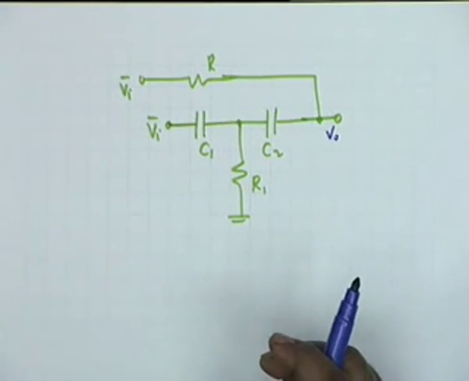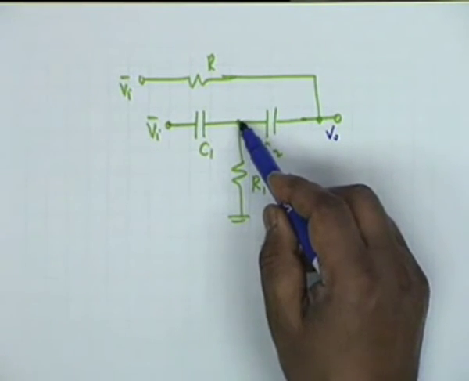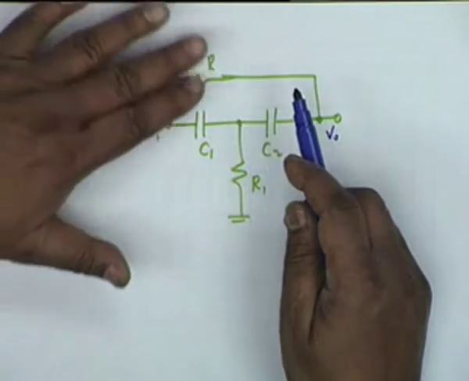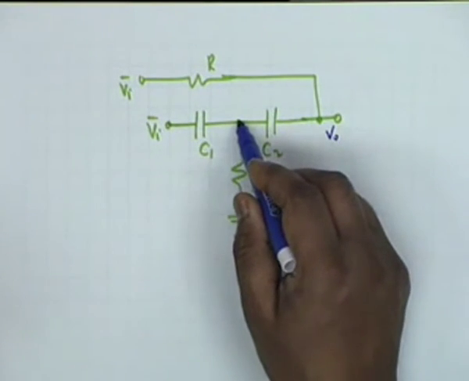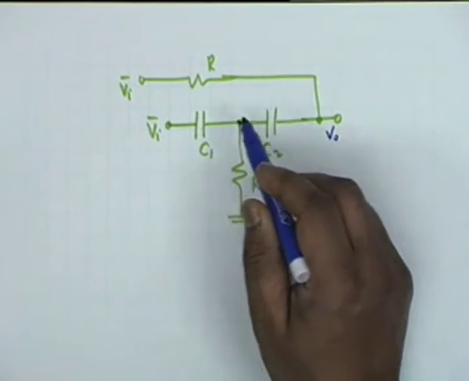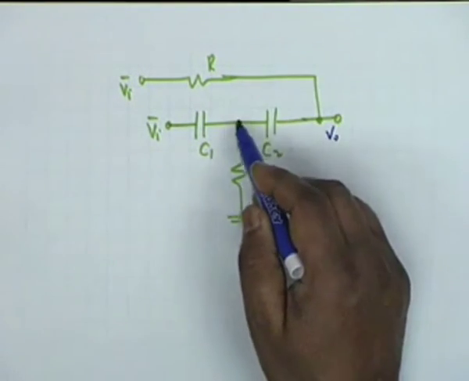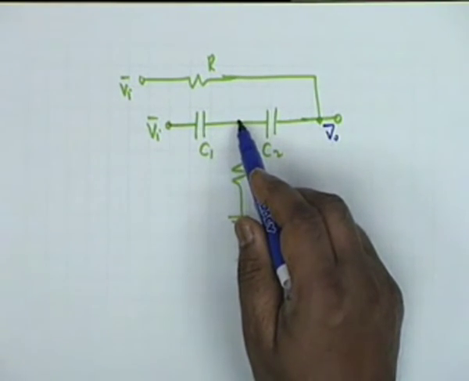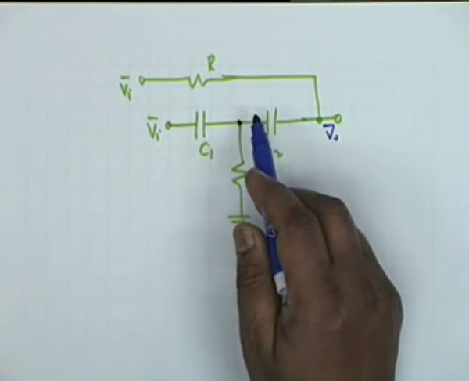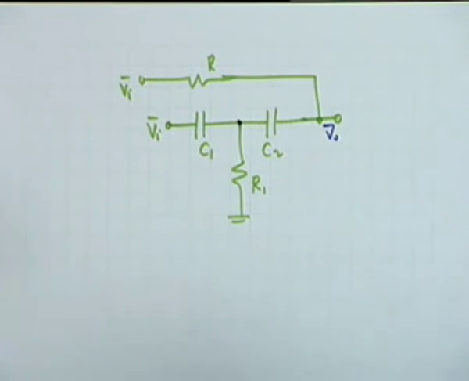Now, I can find out the voltage at this node independently of what happens to the other. Can I? I can find out the voltage at this node by simply one node equation. I can find this in terms of Vi and V0. Alright? And if I know this node voltage, how does that help me? No, it doesn't. That's not the way one should think. Let me not mislead you further.